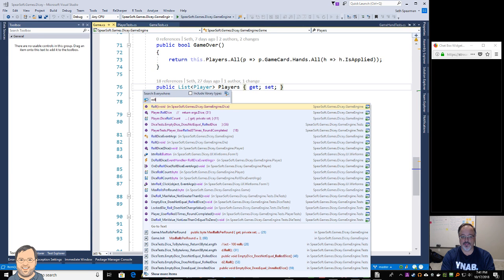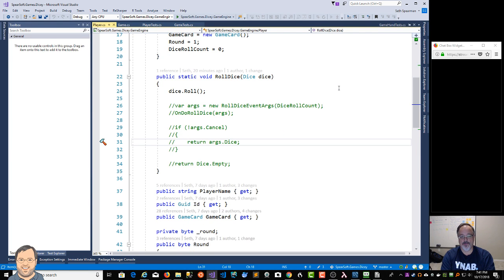Player.roll dice. Yeah, I had put in these events, and I might do this eventually, but I really don't want to do it right now. So anyway,